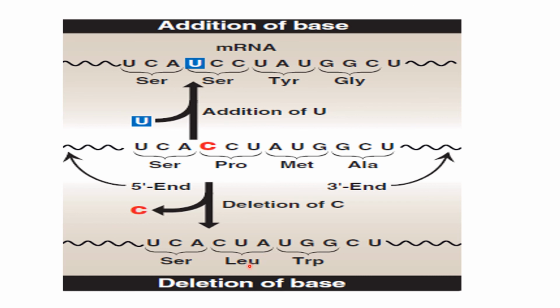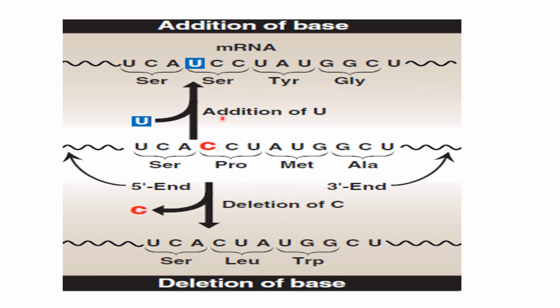CUA is for leucine, but this one is properly for proline. Similarly, if one nitrogenous base is added, then what happens? It also changes the reading frame. UCA, here with the incorporation of the U nitrogenous base, the next codon will be UCC, which codes for serine